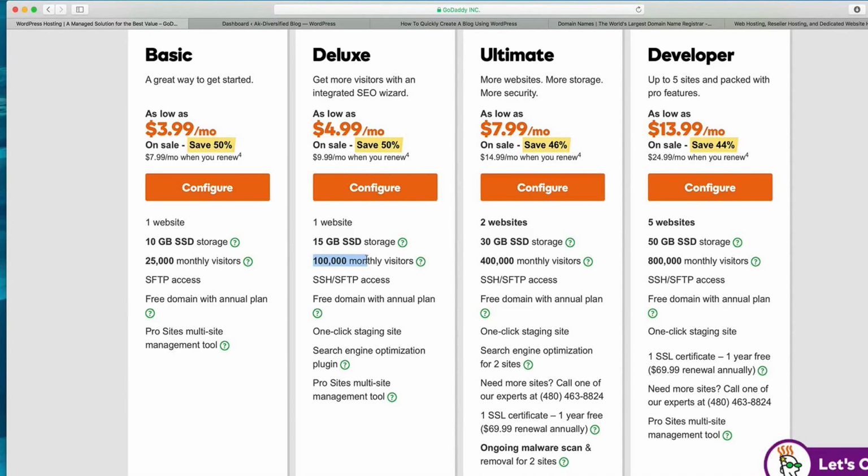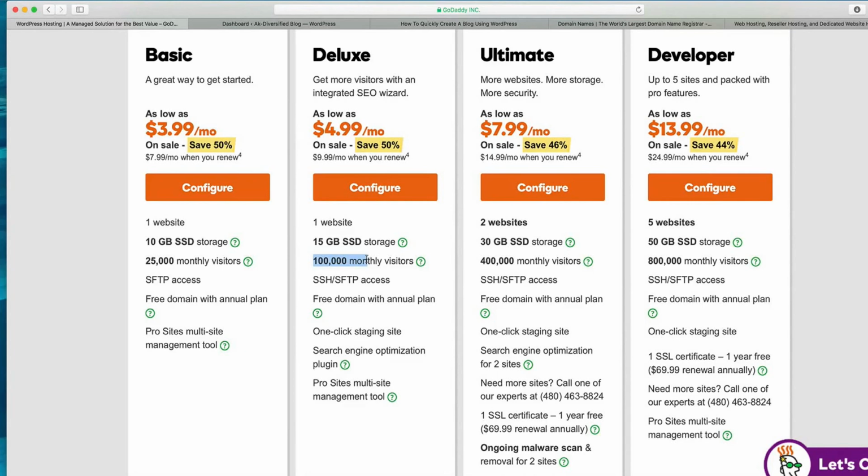So I suggest you go with the basic option in the case of GoDaddy, or whatever host you choose. 25,000 or even 5,000 is a huge number. If you think that's the number you are going to hit in the very first month, then I wish you luck, but I won't suggest going for higher versions, because that is going to add to the expense without adding any value. And you can always upgrade to higher options with whatever web host you choose.